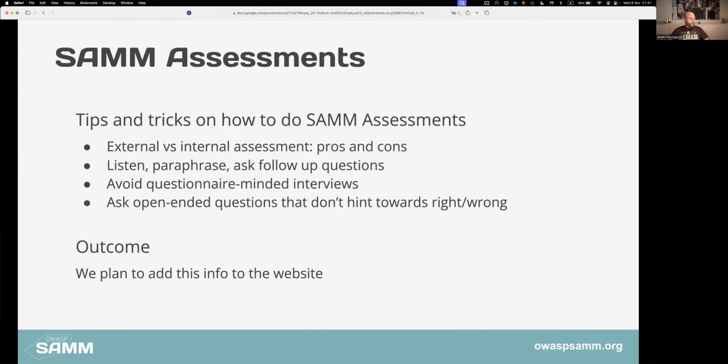The other topic that Rob was talking about is how to do SAMM assessments. By how, he mainly focused on the soft skills part rather than the actual content of the SAMM framework. I'm not going to go over the whole presentation, but I would put some of the tips and tricks that he mentioned. He talked a lot about the pros and cons of doing the assessment internally, if you are doing an assessment for your own team and your own organization, versus